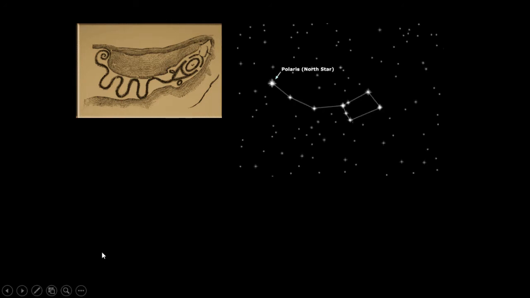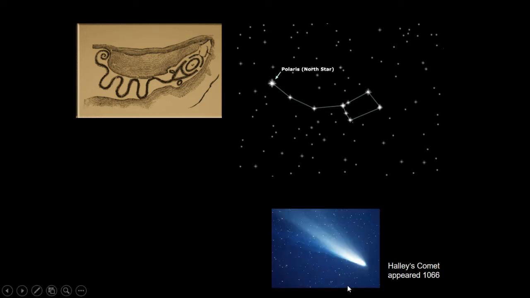So these won't be on the test, but just for the sake of really looking at this, let's look at some other theories. Maybe it represents the Little Dipper, and maybe the tail curls around the North Star. That's a possibility. One theory I like is that it was made to celebrate the appearance of Halley's Comet, which